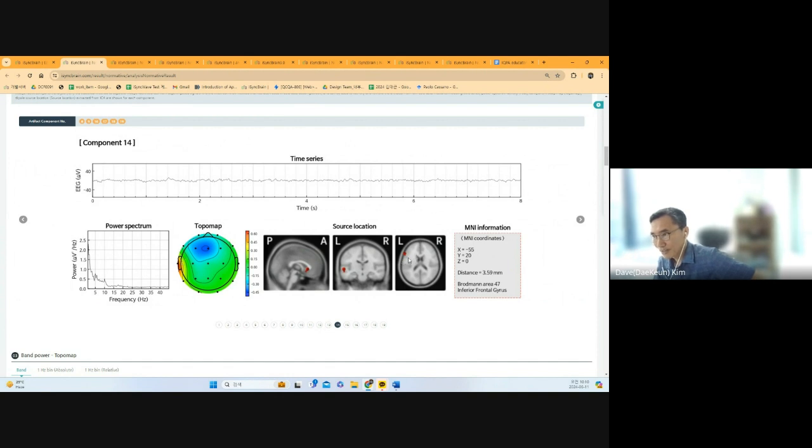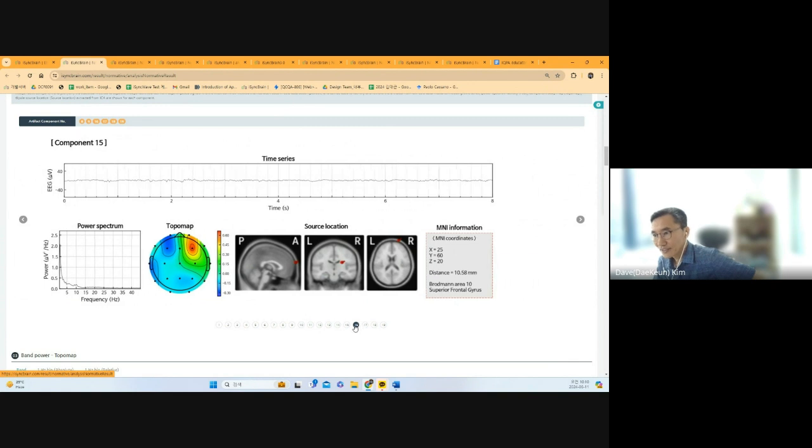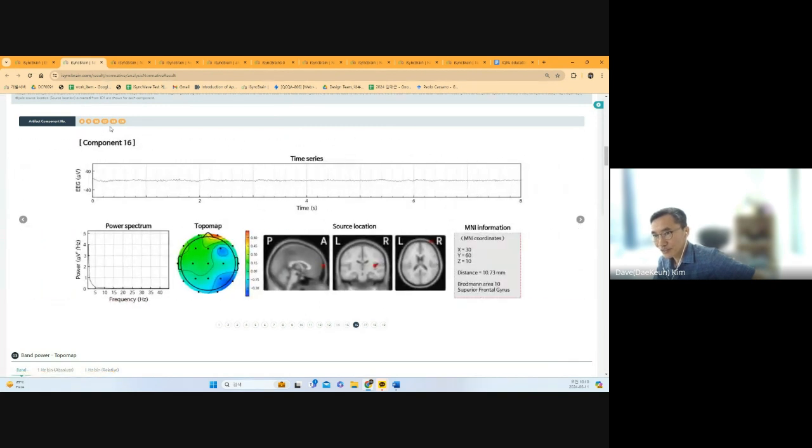On the left, you can see the left frontal source activity a little bit slow. And number 15, this is usually a tiny artifact. You can see very slow activity coming from a localized area, all rejected by AI as artifact activity. So we can see in this depression patient, there is a lot of temporal slow activity,